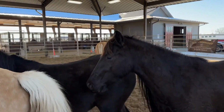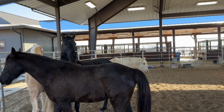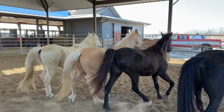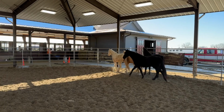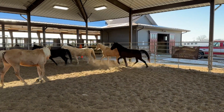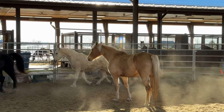I put one in here, and then I put two in here. They're playing and having a good old time, and then we kept adding them. So I put 4 in here. These are all Geldings, and they were just roughhousing like some 6-year-old boys with Nerf guns, you know, and having a good old time. And I said, because I had Blondie hanging, and I just brushed her out and everything,